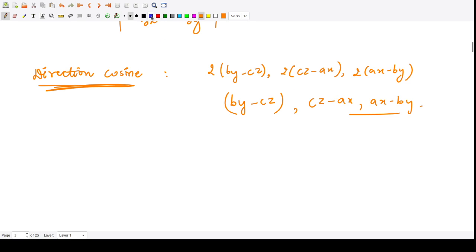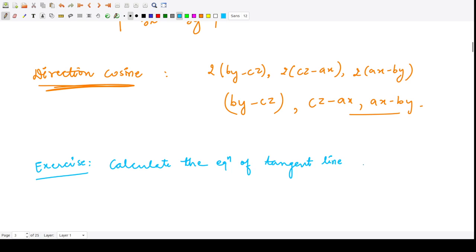So I have one question for you. So this is some exercise question. Note down and you can try this one by yourself. You are to calculate the equation of tangent line at the point minus 1, 2, 2 by 3